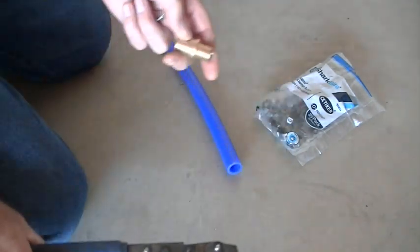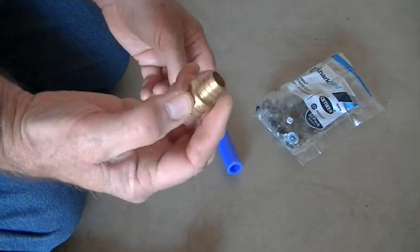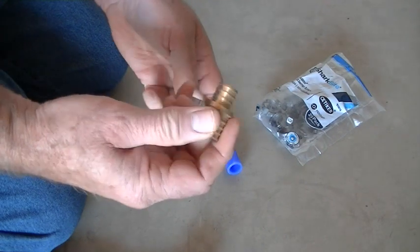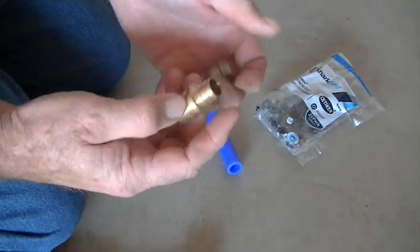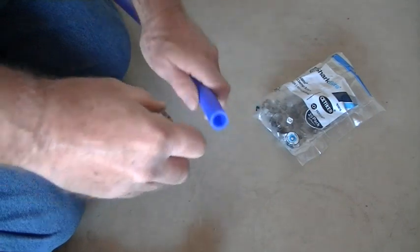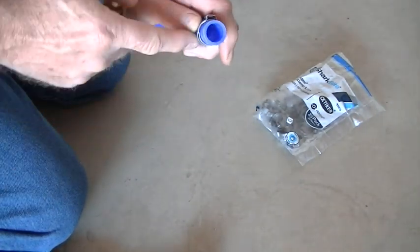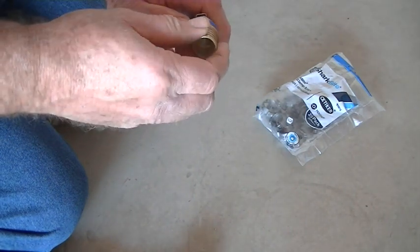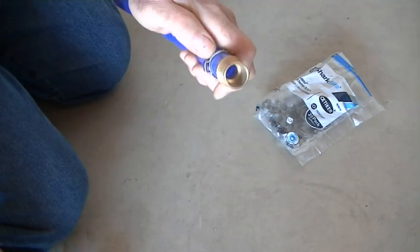And what I have here to show the demo is just a straight fitting that goes from 3/4 to 1 inch, and so we used different fittings, but it's all the same technique. Sorry about that, tongue tight. So make sure the 3/4 inch stainless steel clamp is on there. Just slip that in like that,